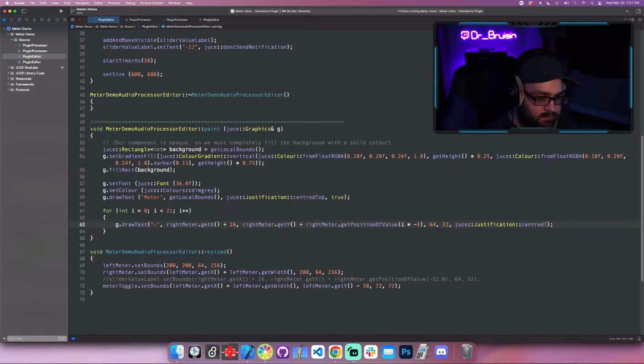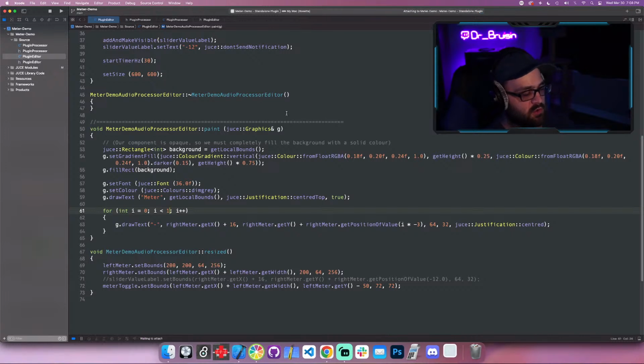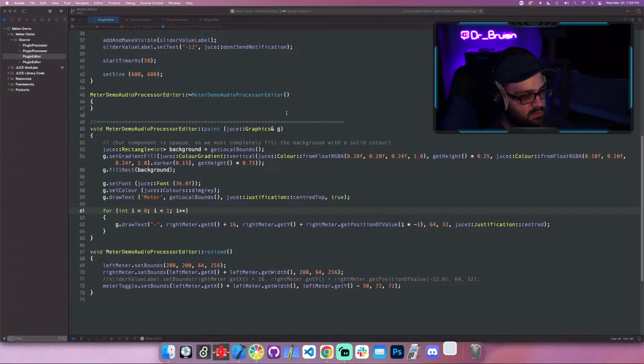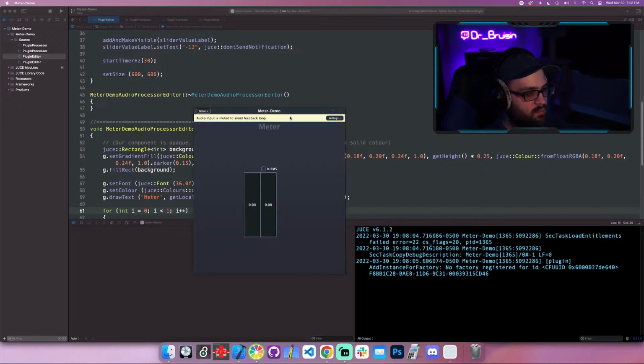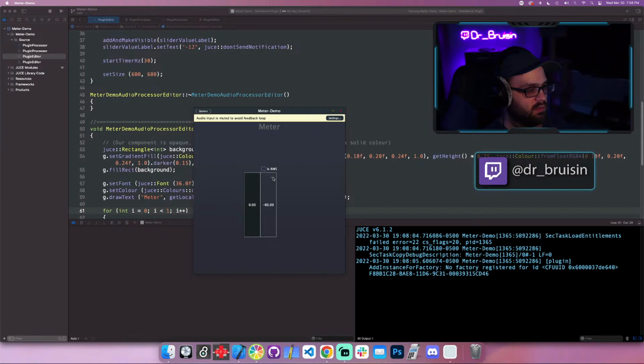So if I just draw 1 at 0, is it gonna be an issue? Yeah, it thinks 0 is right here for some reason, so get y minus that. Okay, so